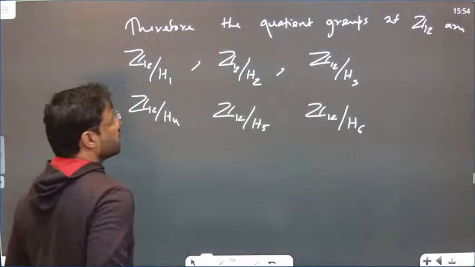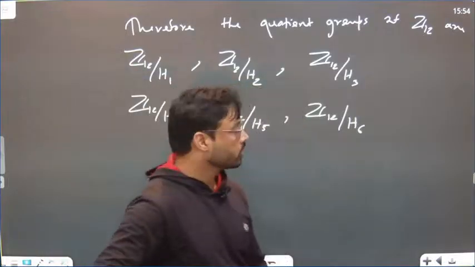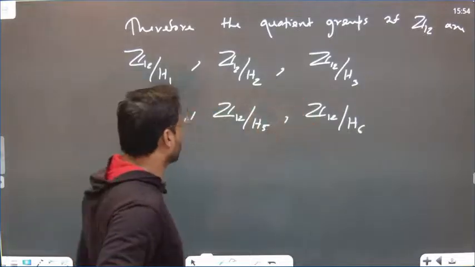So these are the quotient groups of Z12 corresponding to each normal subgroup,